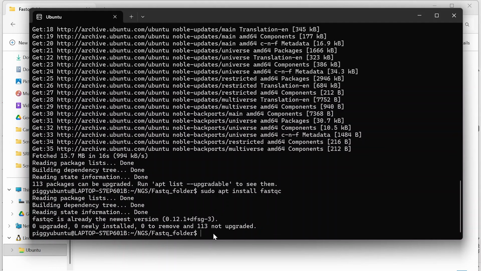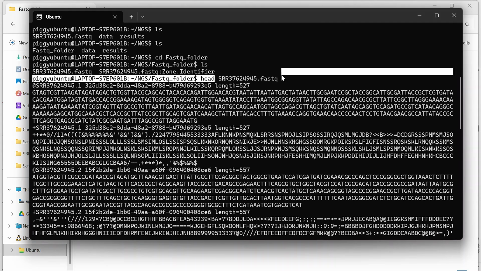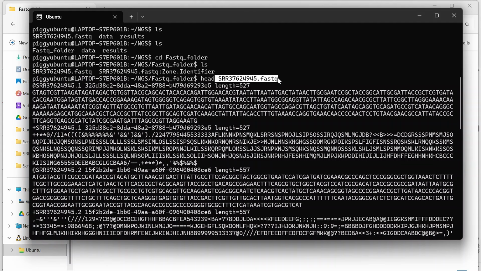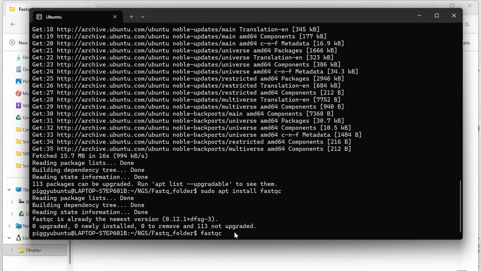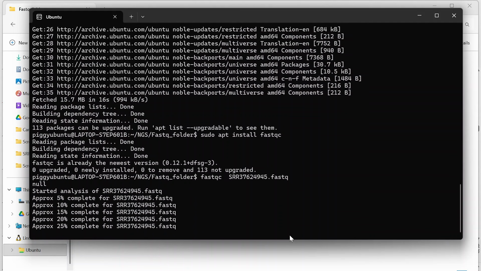Okay, so now that we have the FastQC tool, what do we have to do? We have installed it. Now we will run it. We will use this tool. We want to run this tool on our FastQ file. So let's write the tool name FastQC, and here let's copy our FastQ file. So this is our FastQ file name. Let's copy it. Now let's write here. So what are we doing here? We are using this tool on our FastQ file. Okay, now press enter. Let's wait for 2 minutes.